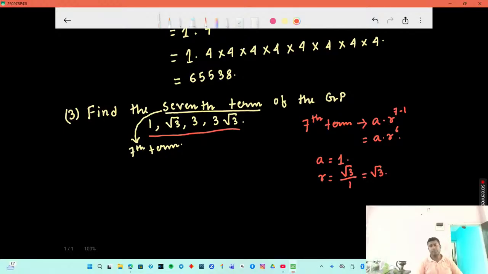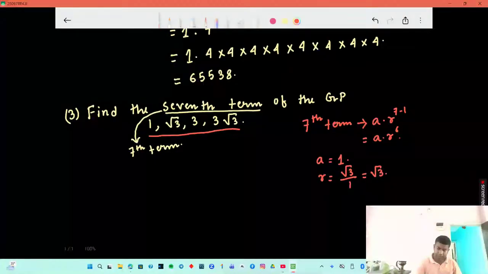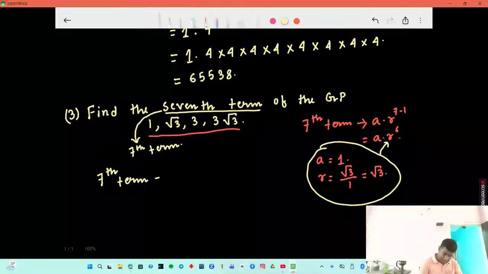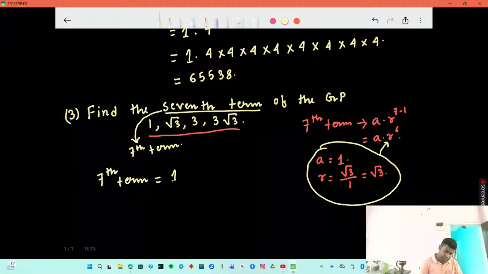Is it clear to you? So it is very easy. In each and every case it is very easy. Just by putting the values of a and r in this equation, we will find the answer. Okay, so the seventh term is equal to 1 into